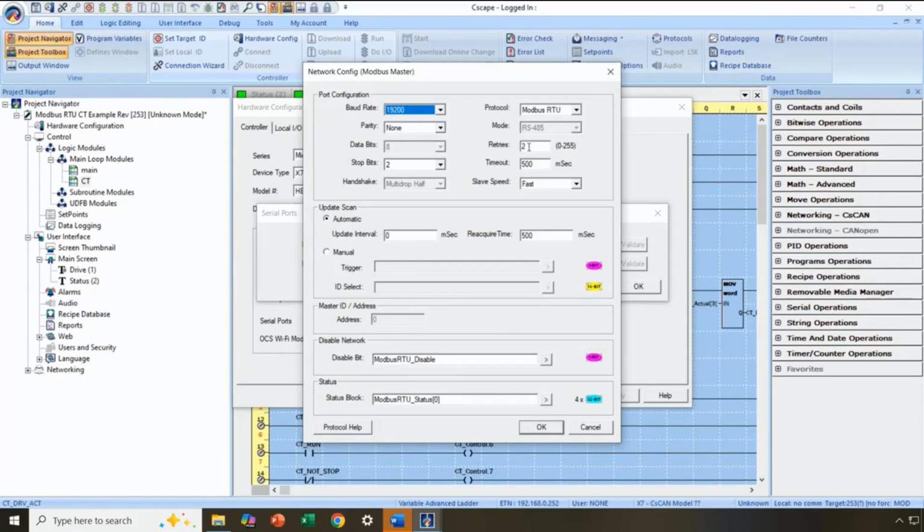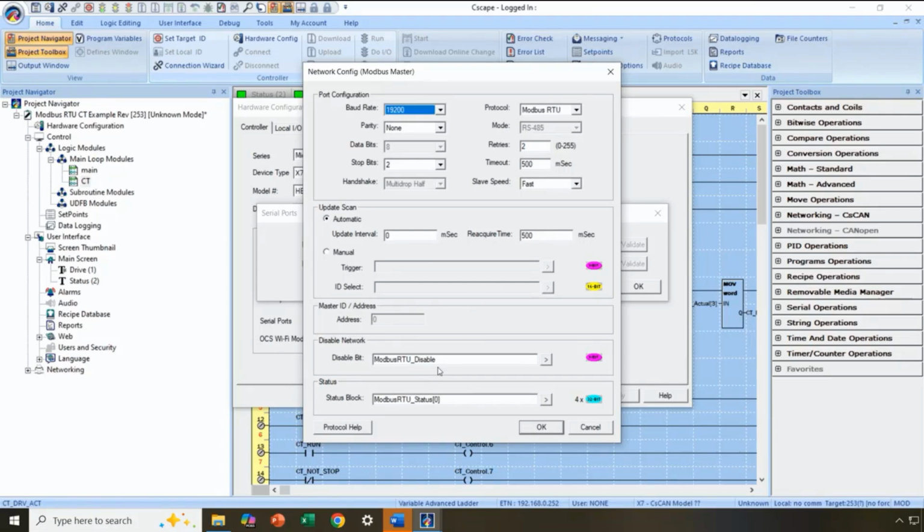We have set our number of retries, how many times we will retry to talk to a particular slave, and then if that slave goes offline because it has not replied to us, for instance, how long we will wait before we will try to talk to it again with another 3 tries, and that is the required time. Now the required time could be set to a higher value if you have got a lot of slaves on